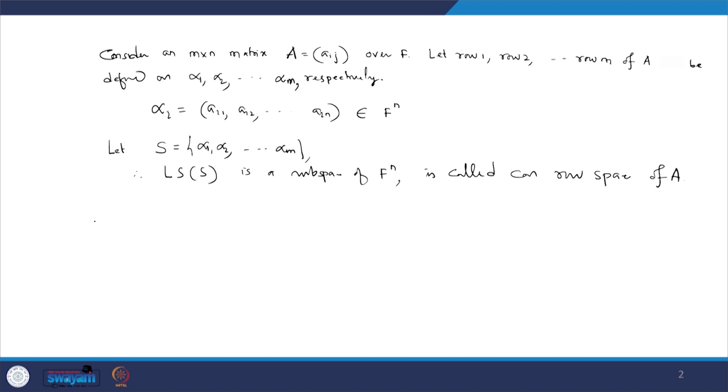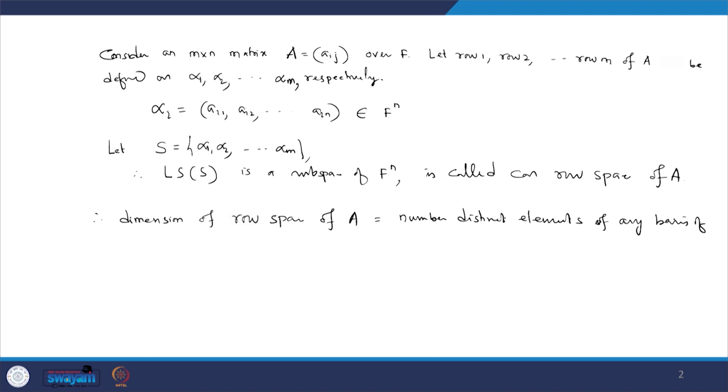So, if I want to know the dimension of the row space of A, it is basically the number of distinct elements of any basis of the row space of A. Now, to understand how to construct the basis of the row space of A, we need to